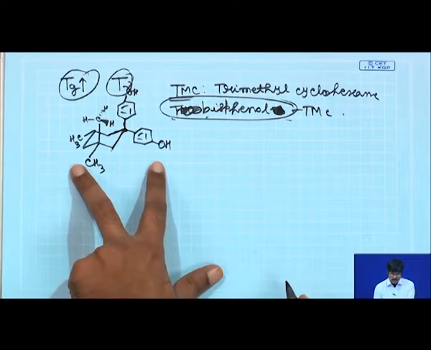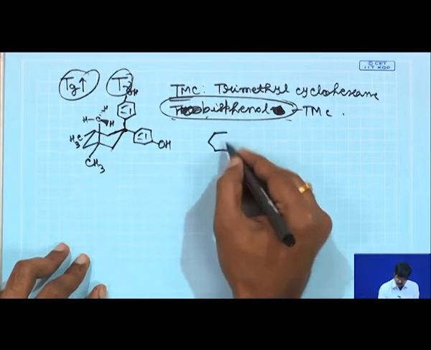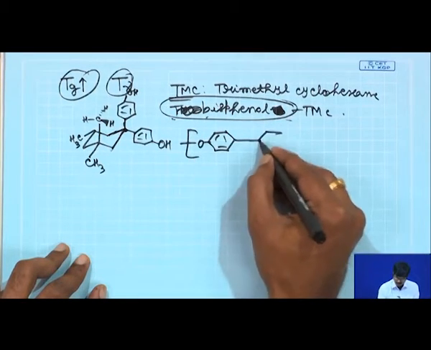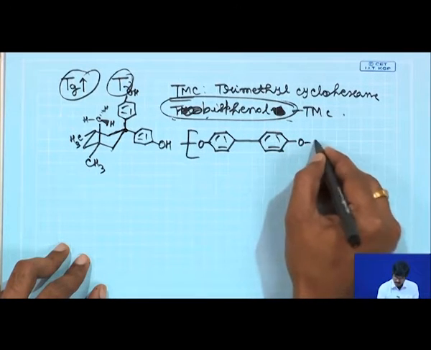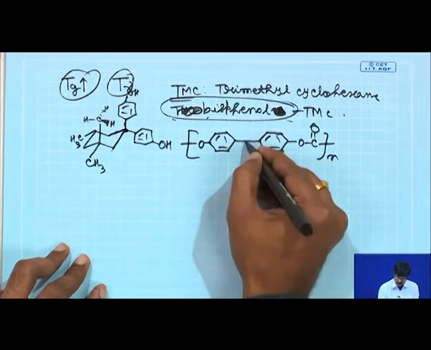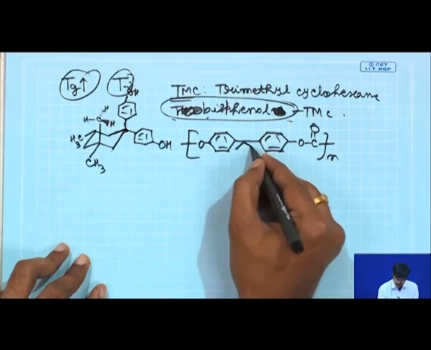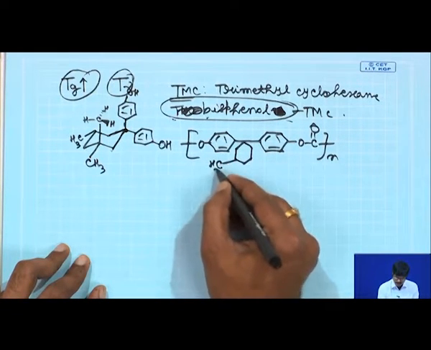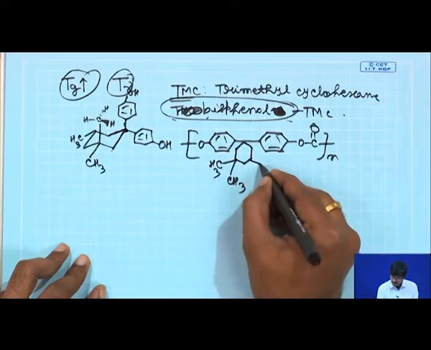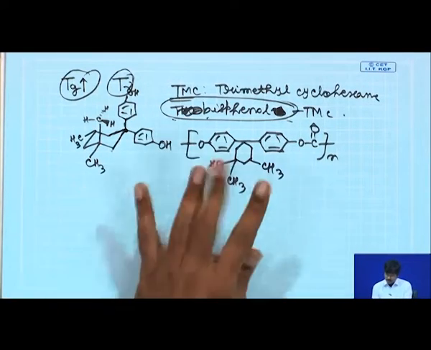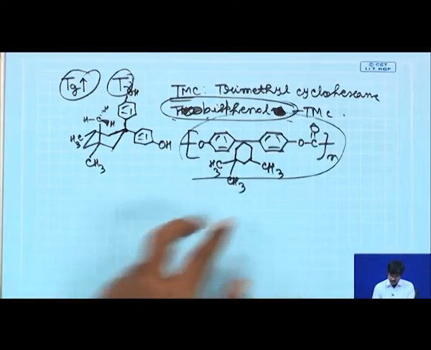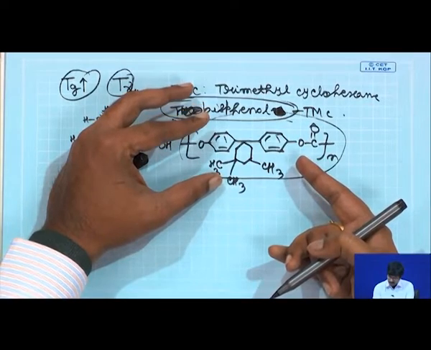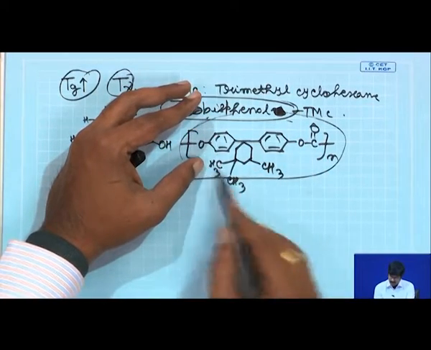If you use this for the preparation of a polycarbonate, what will be the structure of the polycarbonate? The structure will be something like this. And here there were 2 methyl groups. Instead, those 2 groups are basically 2 arms of the cyclohexane ring, and you have a CH3 here, CH3 here, and you have a CH3 here. So, this material is quite rigid. The restriction in the molecular mobility arises from the fact that there is a restriction in the conformational mobility of the cyclohexane ring.